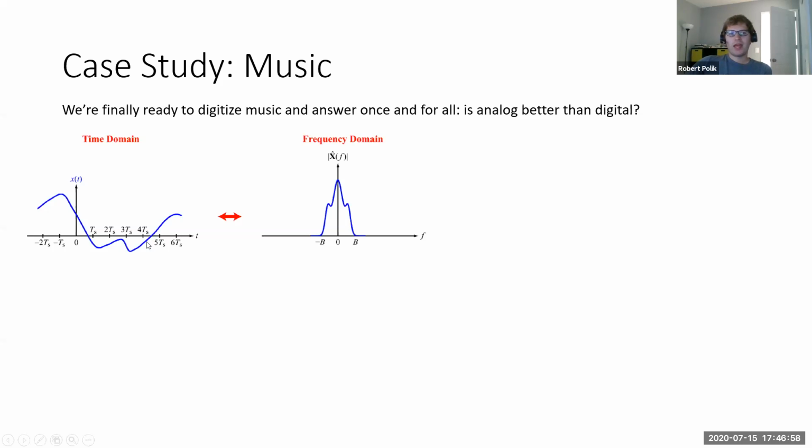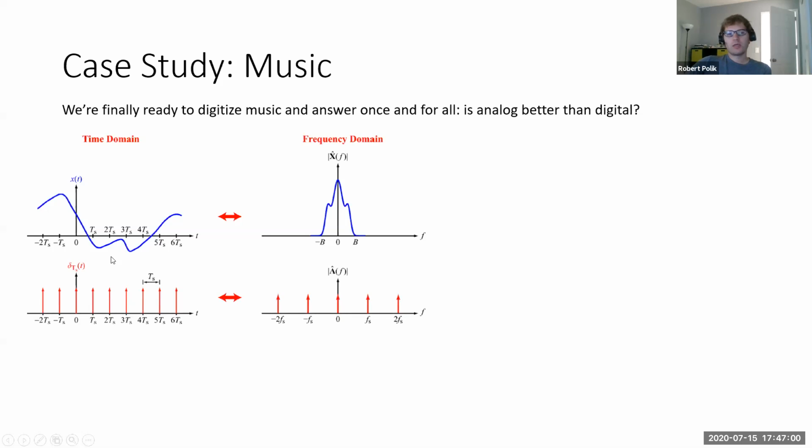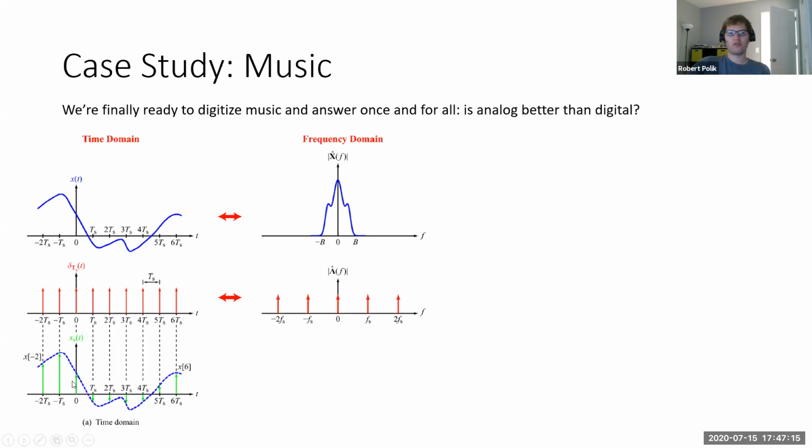Well, in the time domain, we're going to multiply this signal by what is called an impulse train. So every TS seconds, we apply an impulse signal. And when we multiply these two functions together, we get this function that is green. So every time the impulse signal is applied, the area under it is kind of the equivalent of right here. And so that's why it's represented like this, even though technically they go to infinity or whatever.